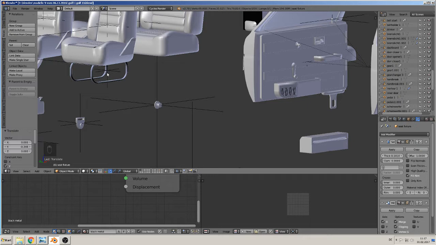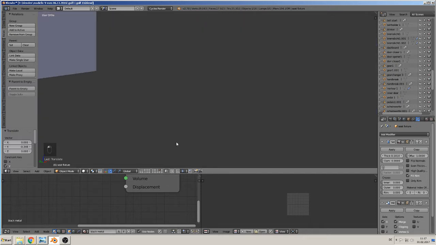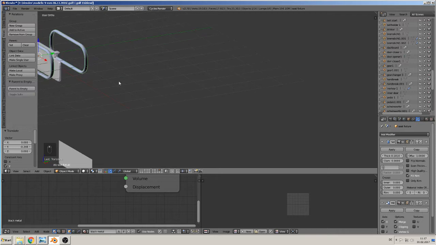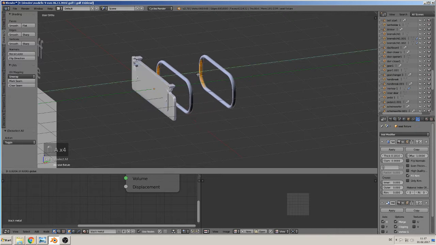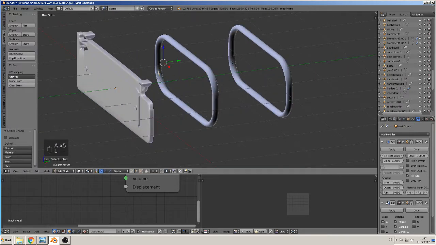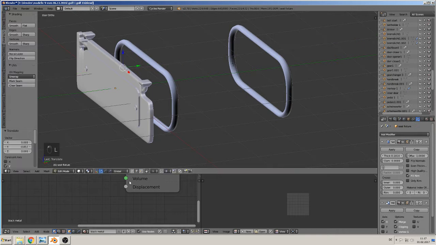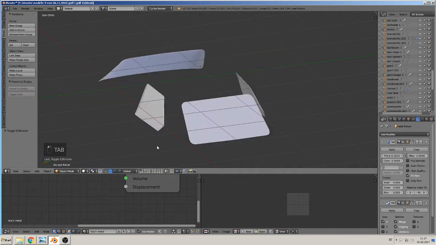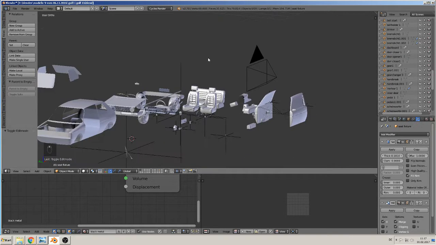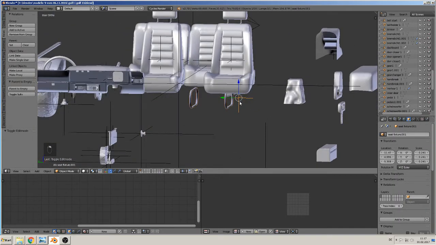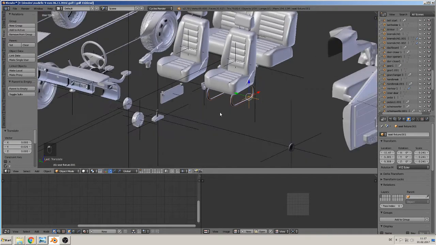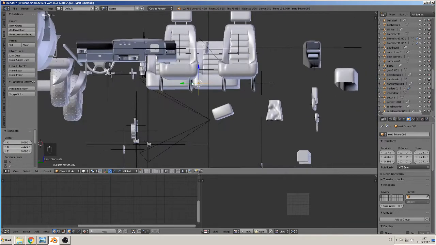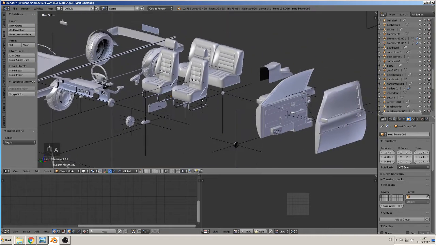Then we should move it in one direction to get the space between them. So that means when we go in here with the edit mode and only get one of them and bring them a little to the side, then we must see in the first view it can be better. Yeah, for me, and that is correct. So with Shift D, we take them to the other side. Good. That's the picture of the